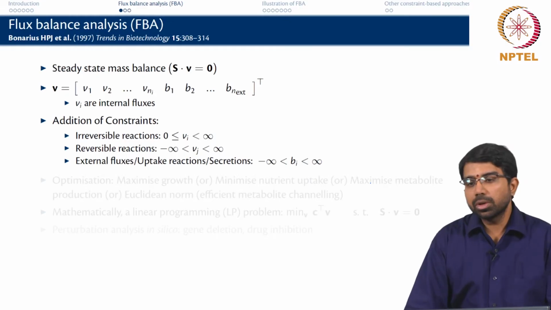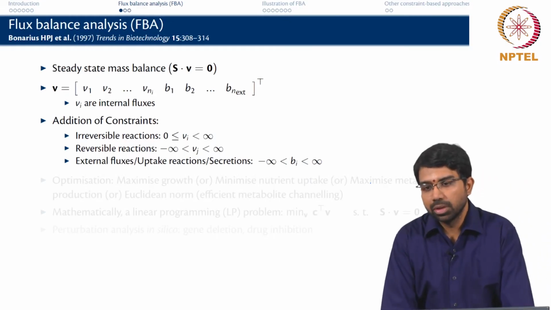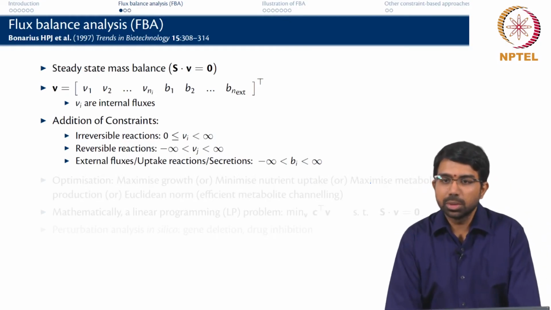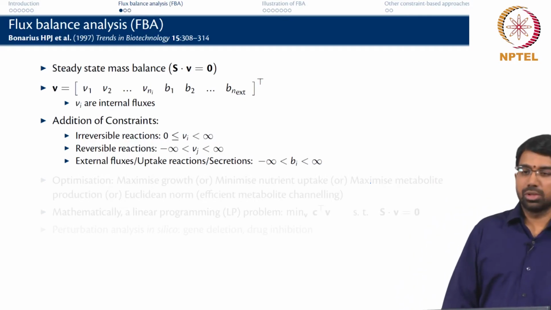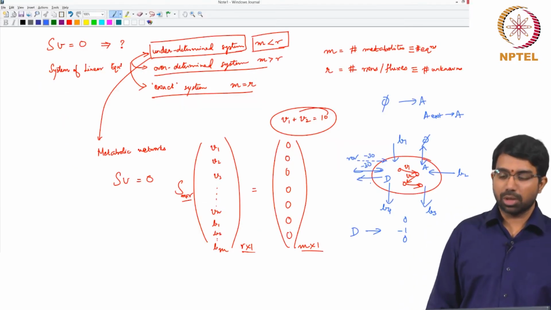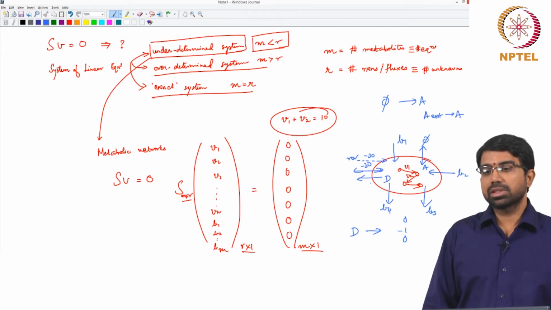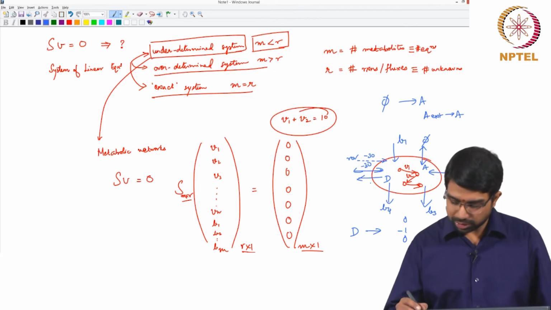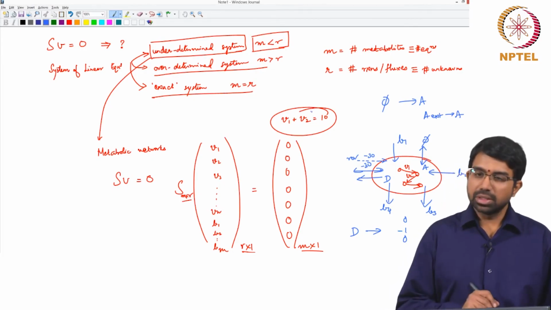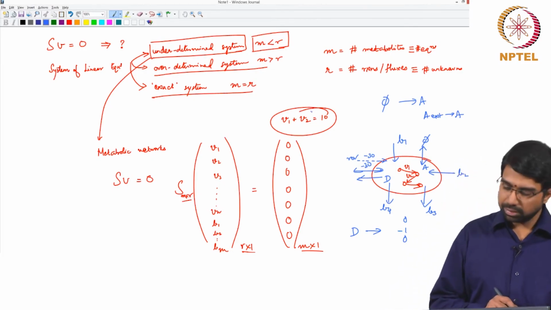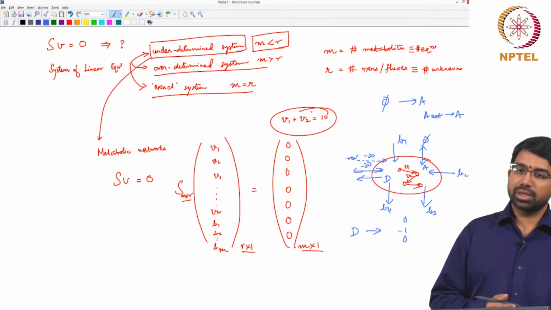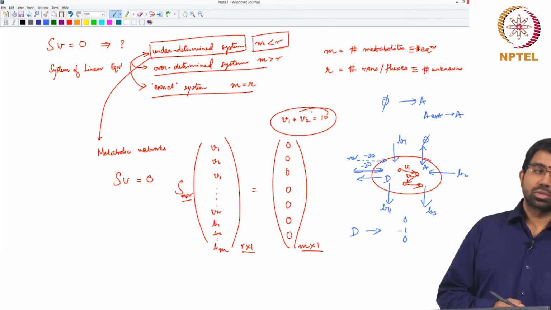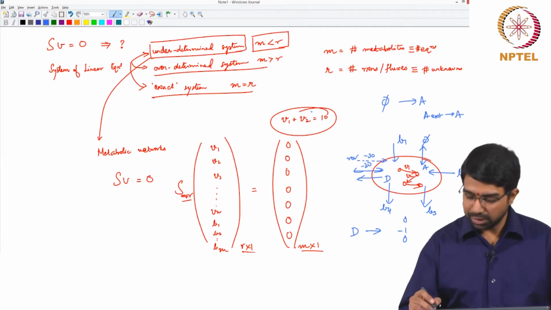So, how do you go about solving this problem now? You have an underdetermined system, which means you have to find a single solution. If you want to find a single solution to the problem, you need to come up with some other constraints or some other strategy. How would you go about it? So, if I wanted to solve this system V1 plus V2 equals 10, one way of potentially solving it is if I told you some other conditions, if I said